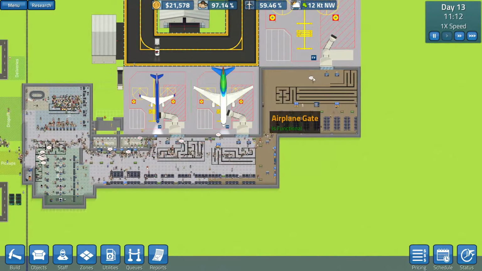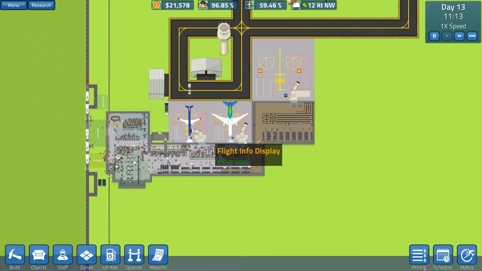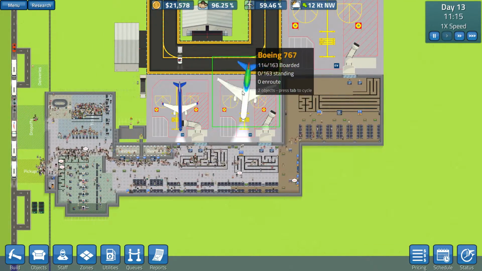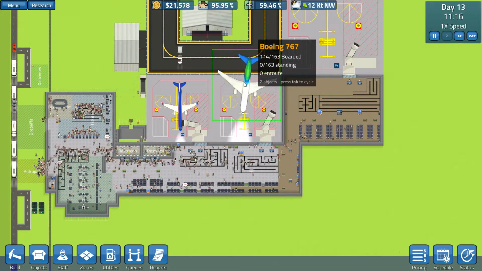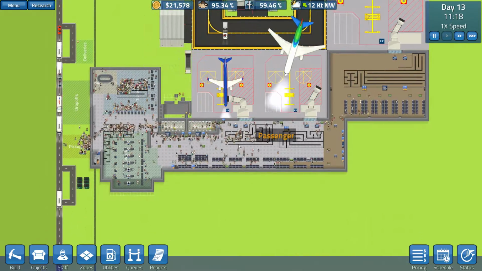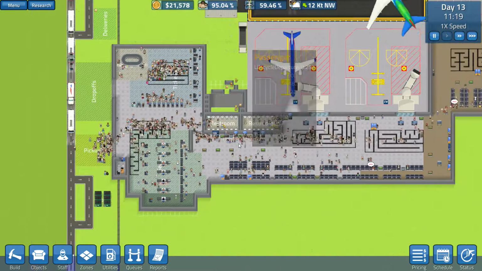When we left off we had just expanded our airport and put in this new gate and oh my gosh, we have so many unhappy passengers. Look at all those unhappy passengers missing their flight. 49 people missed this flight. That is not good. But hopefully our new...